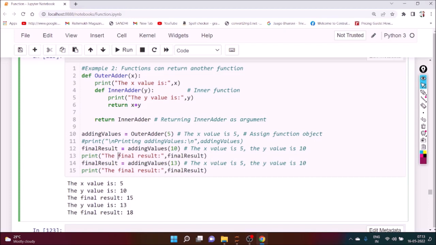Okay, so a function returning another function. It will return this particular function which is defined here. If you call this function by passing a parameter for x, it will return the inner_adder to the variable adding_values. And whenever you call it and pass some parameter,